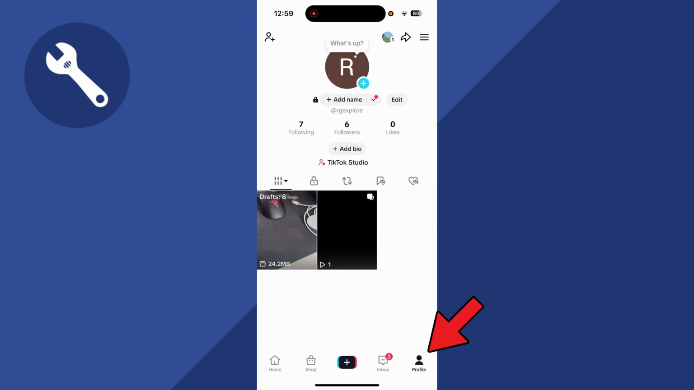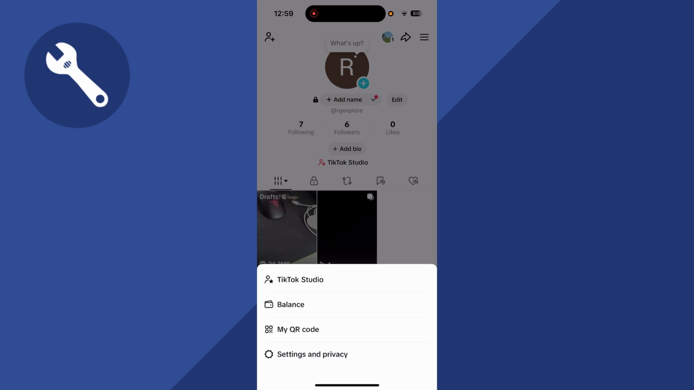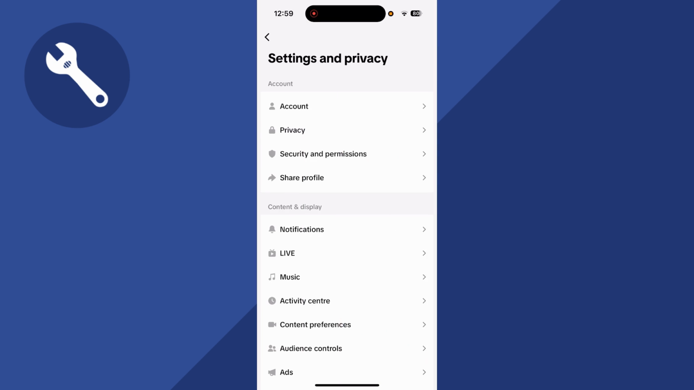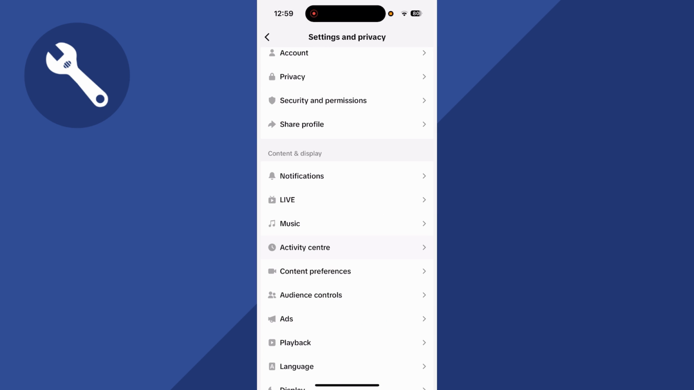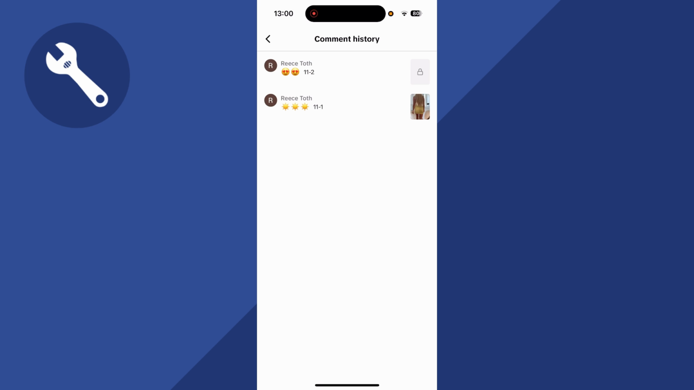click on your profile icon in the bottom right hand side, and then click on the settings bar in the top right. You can then select Settings and Privacy, scroll down to Activity Center and click on this. Click on Comment History, and here you'll be able to find a list of all of the comments you've made